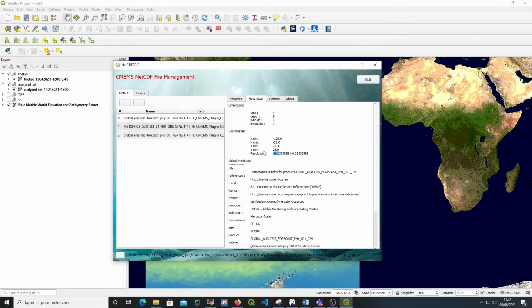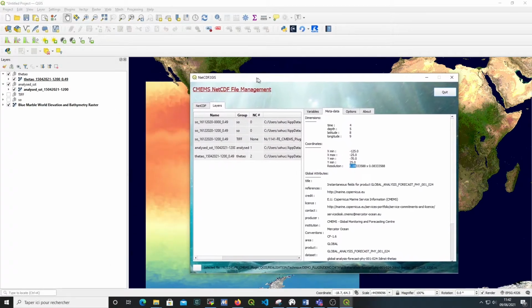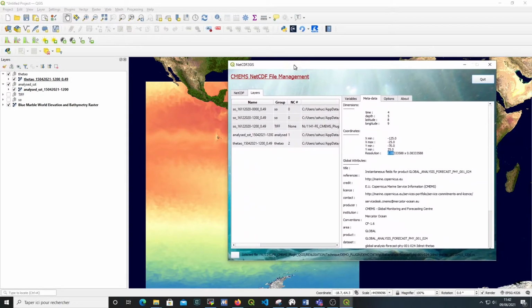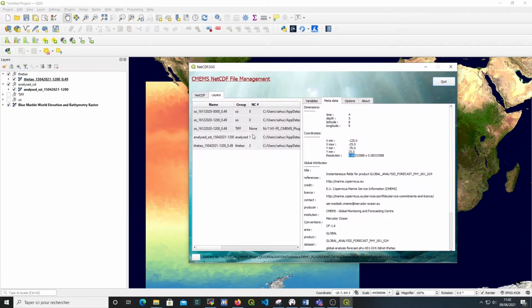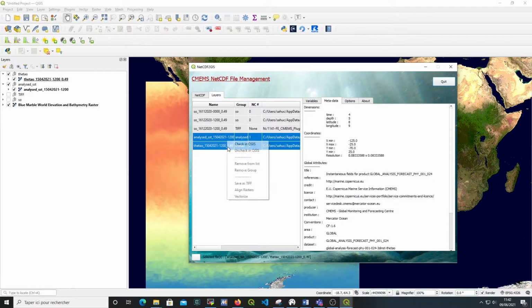So if you have variables and products that don't have the same resolution and the same geographical extent, there is an option in this new plugin to align your rasters in order to have grids which are corresponding. So if you select your two SST layers we just loaded, here you can right click,